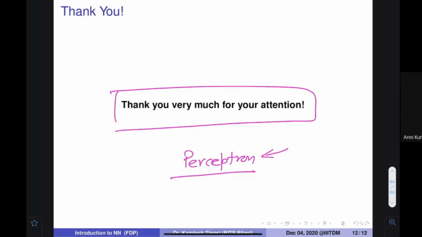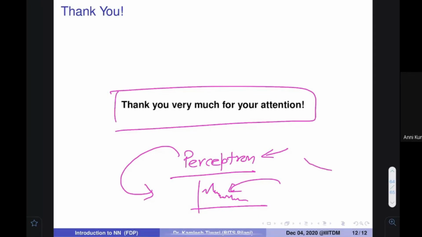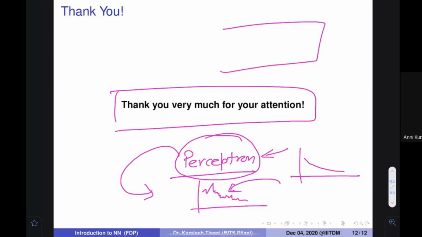In the next session, we are going to see a method, because you know that here sometimes the error was increasing, sometimes it was decreasing, so this was the problem. What we can do is make sure this kind of behavior is not there, only a smooth decrease in the error should be there. So how can I define the error function in such a way? In the next session we are going to see this, and then a very important thing, how we can combine these things to make even larger and bigger things.